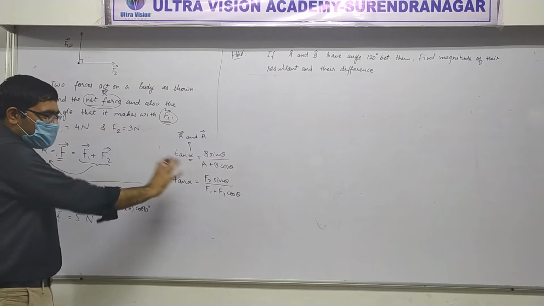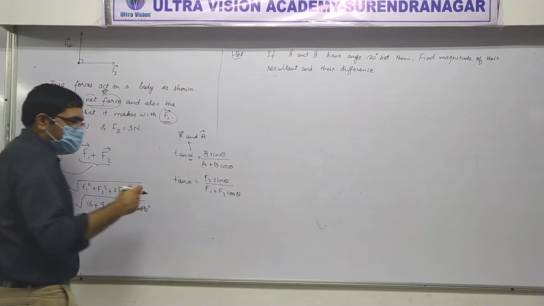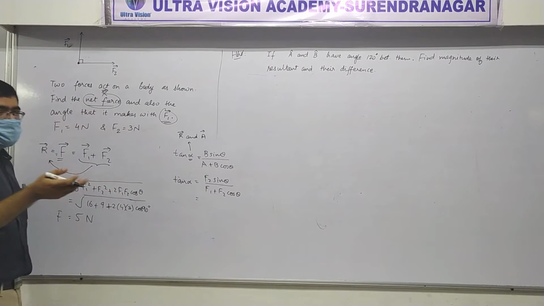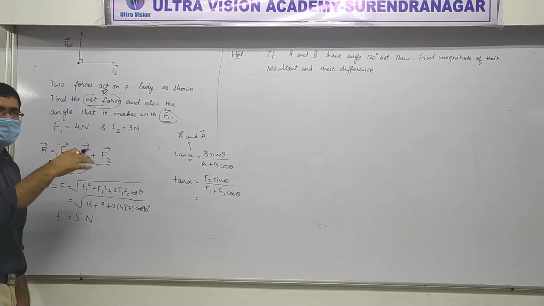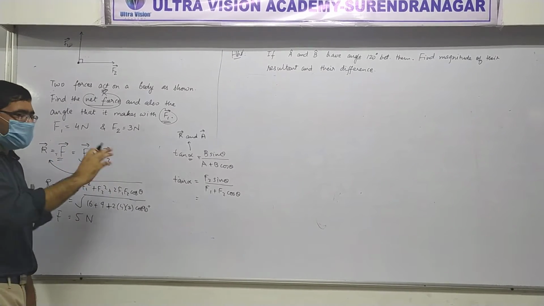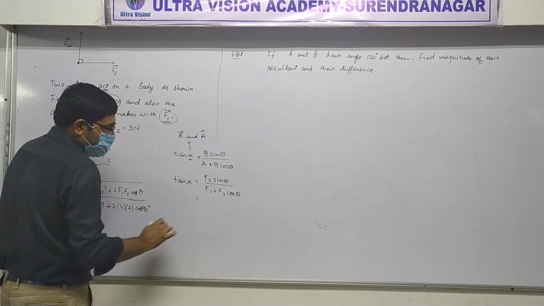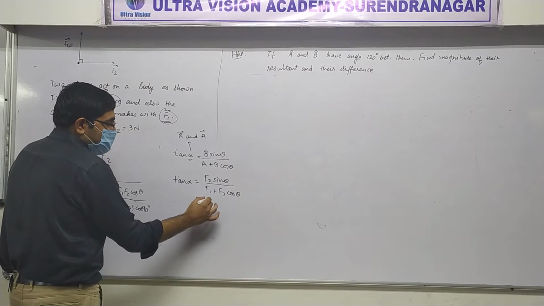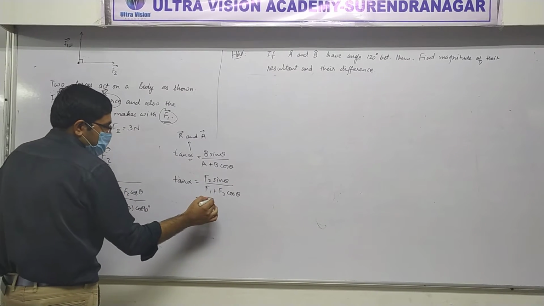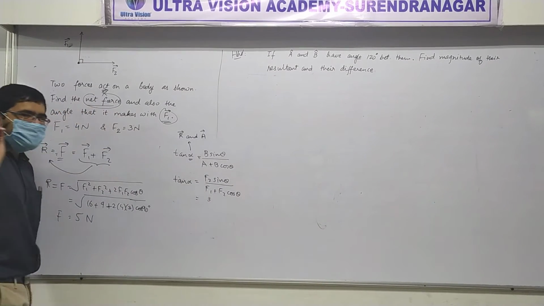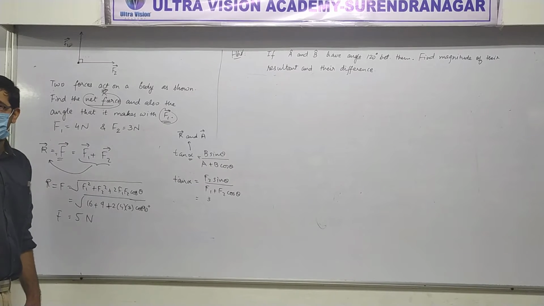Well done. So this is what we are going to do. Of course, I am going to teach you another method also for the same question. But now you have practiced the formula, you know how to use it, how to put it. Okay, let's put values now. What is F2? F2 is 3, sin theta. What's theta? 90. Sin 90 degrees is 1.